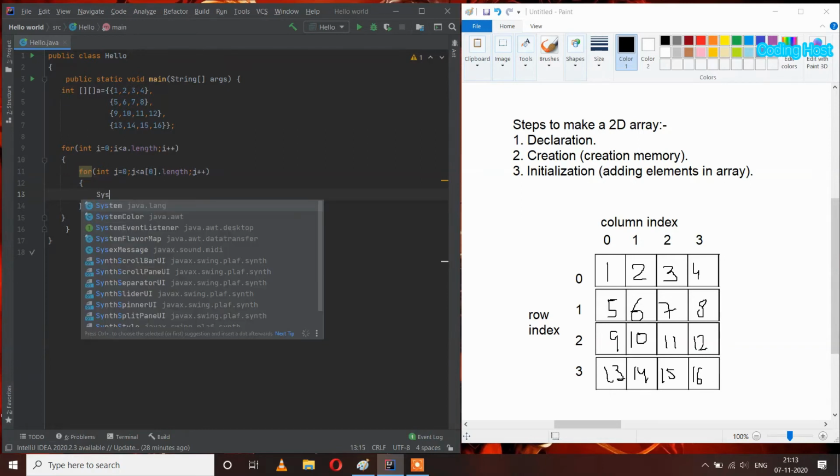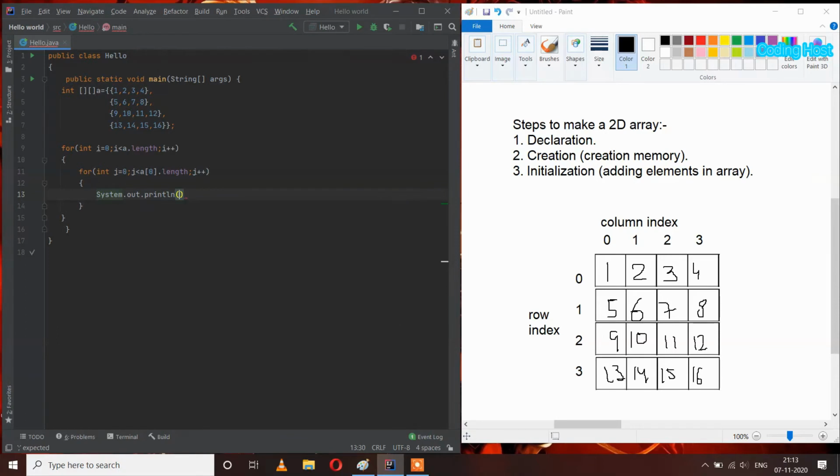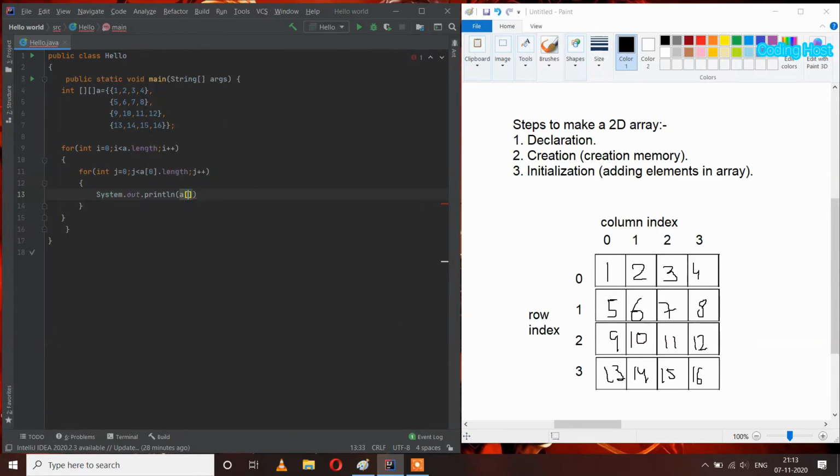So System dot out dot println, and in this I will write a, and in this brace I will write i, and in the other brace I will write j, and then plus and a space, and also a semicolon. So let's run this program.